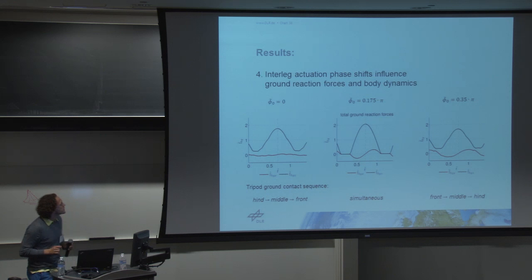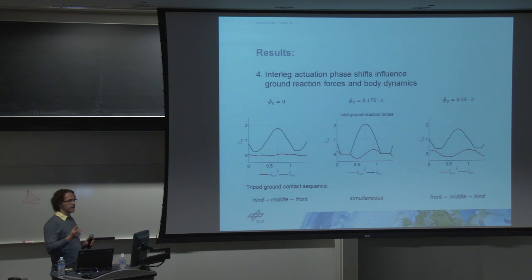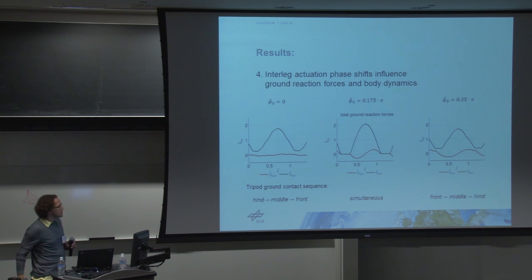Now we have something interesting. In the plots you have seen before, the legs which belong to one tripod have been actuated perfectly in phase. And if we actuate them perfectly in phase, we get the left total ground reaction pattern, so we don't see a flight phase, but we see a short double support phase in between the tripods. We have very small fore-aft forces, and thus very small variations in the horizontal velocity. And we have a footfall sequence which begins with the hind leg, is followed by the middle,